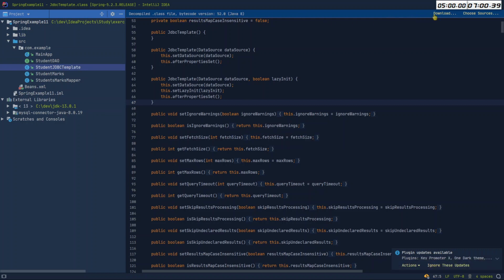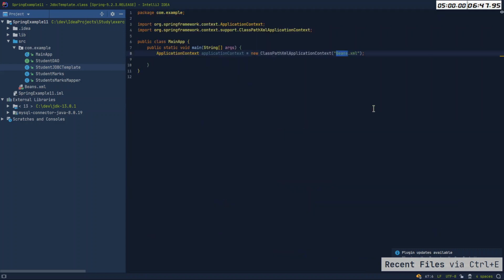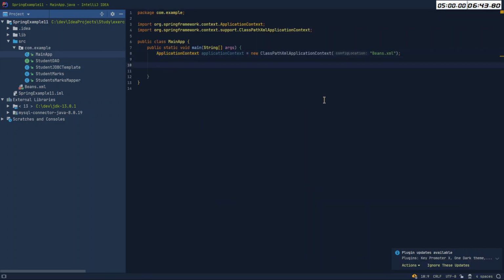Decompile, bytecode, download, choose sources, forget. New updates available. Okay. So I will go to our thing, and here I can use our application context